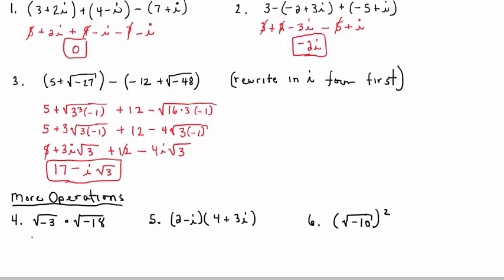Okay, so I've added some more examples, and these examples are going to include more operations other than just adding and subtracting. We're moving into multiplication. All right, example 4, square root of -3 times the square root of -18. What you don't want to do is multiply these two negatives together and get a positive. What you want to do is tackle each of these radicals with a negative underneath it first. So I would rewrite this as i square root of 3